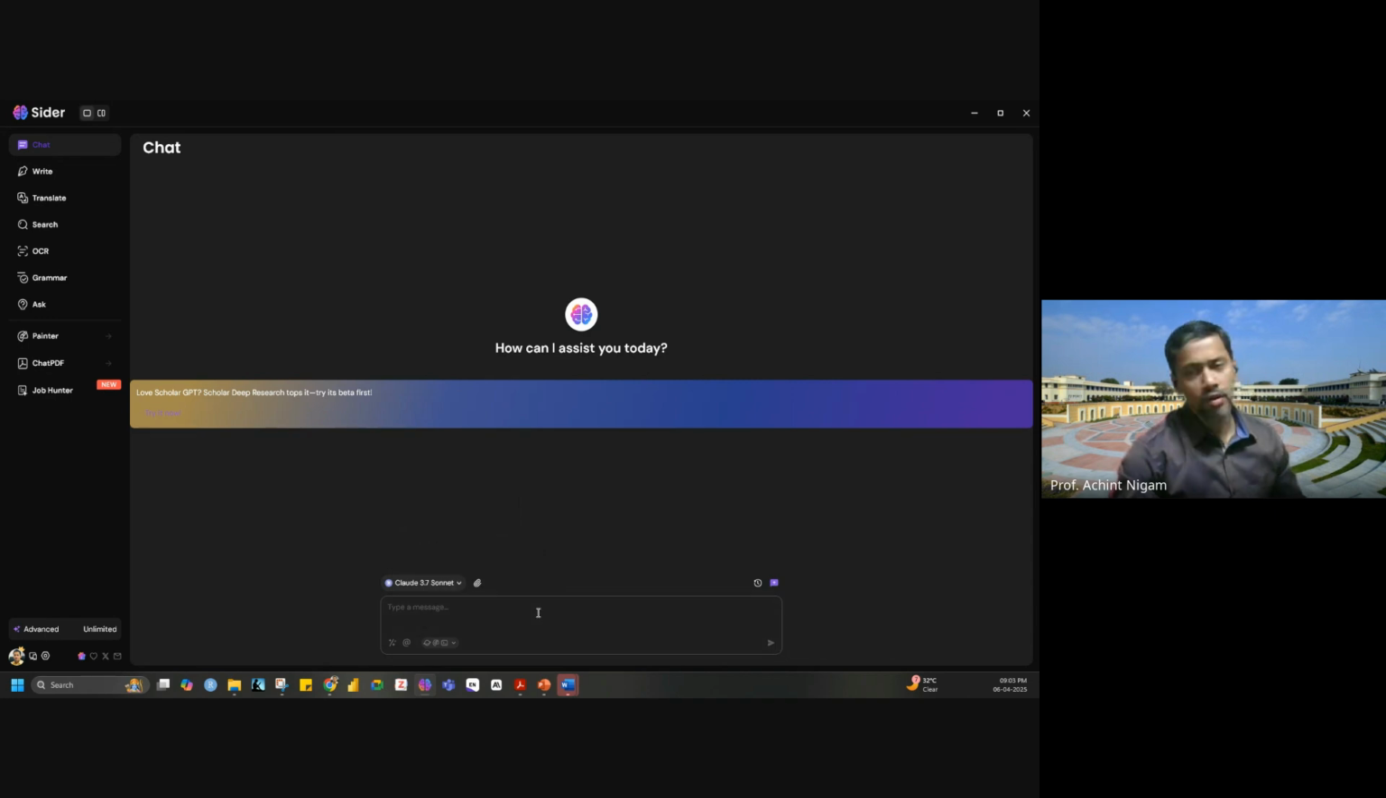What is going to happen is you will pull an Excel using this attachment, upload from computer. So that Excel will come. So right now, what I'm going to do, I'm simply telling it to